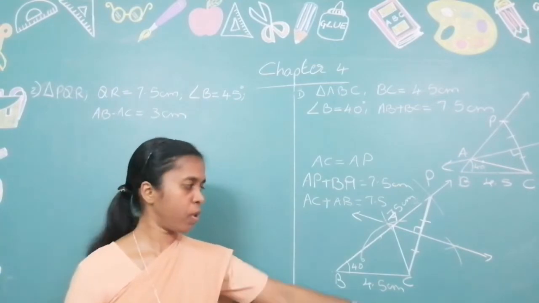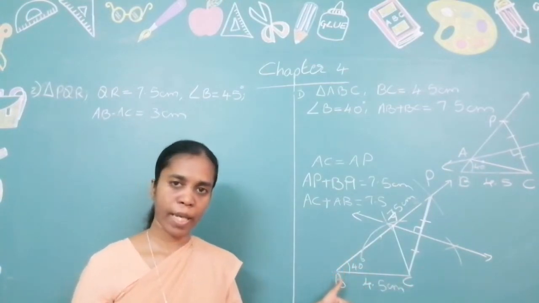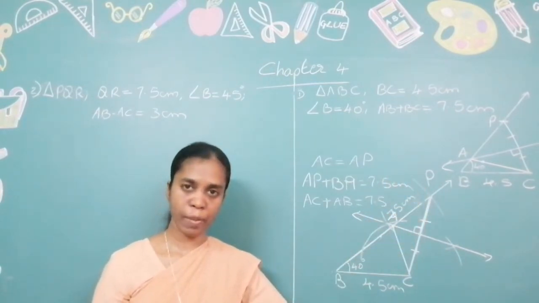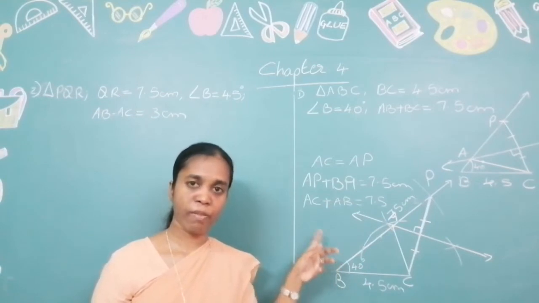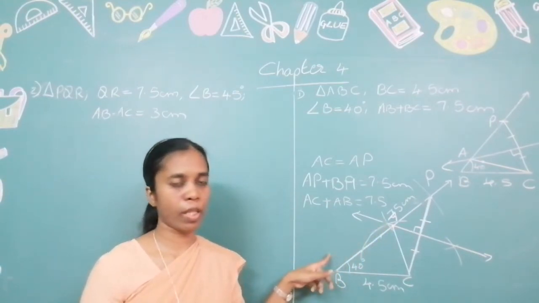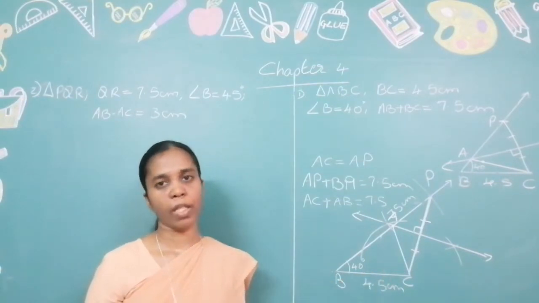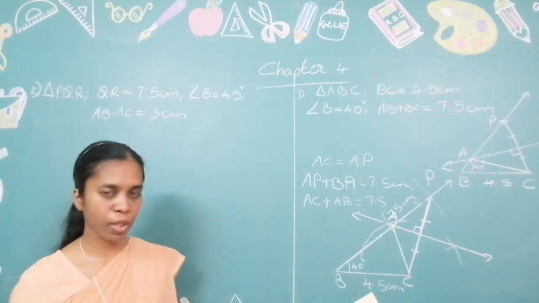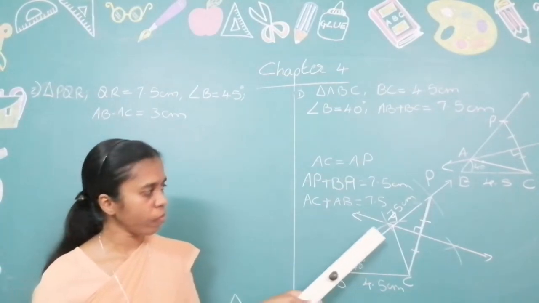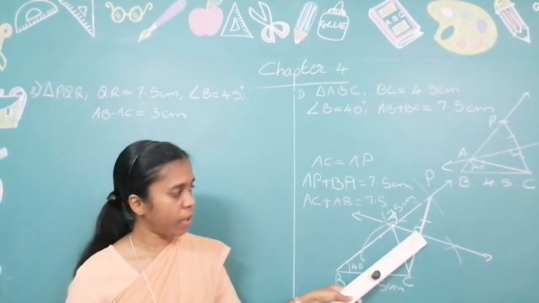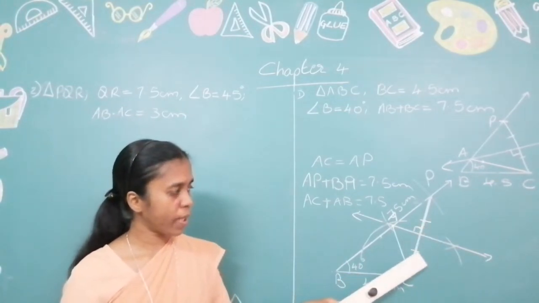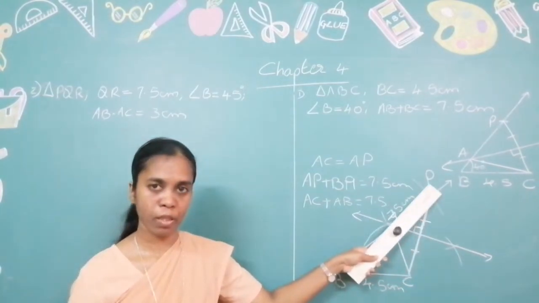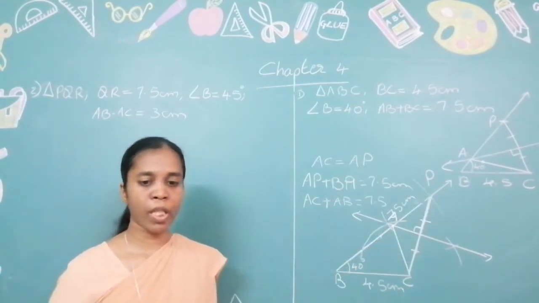Once again I repeat the steps. Draw the base, take the angle, draw the ray, join from there to C, draw the perpendicular bisector of it. Wherever the perpendicular bisector intersects the ray, join from there to C. That will be the required triangle. Now these writings are very important: the measure on the base, the angle, the perpendicular bisector symbol, the arc on it, and that P, the next point whichever you are marking. So these are very important.